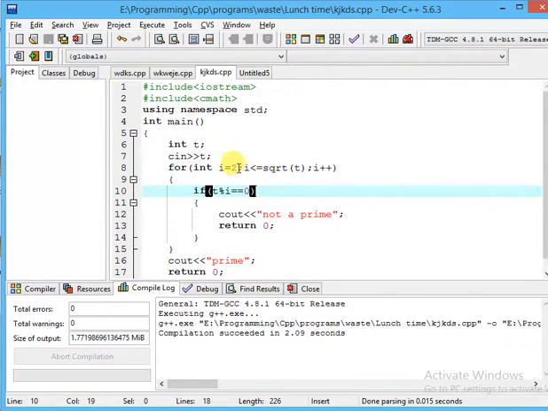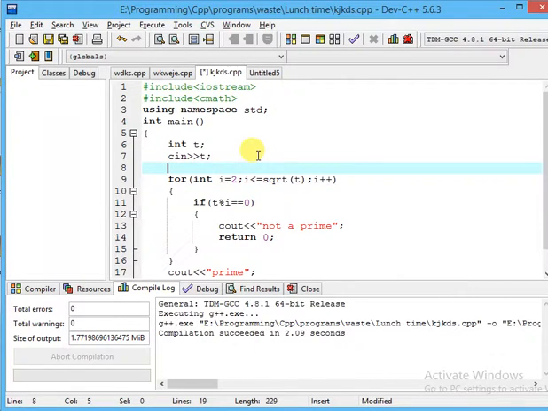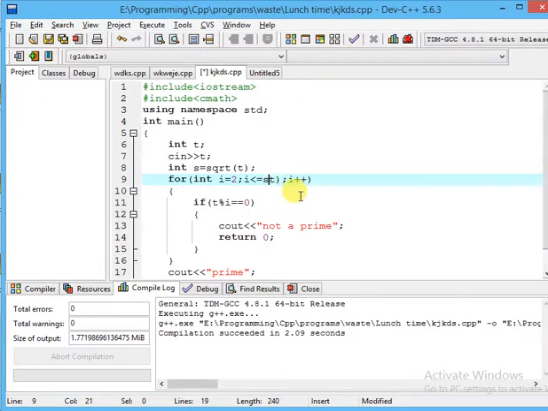But that means every time it checks the condition, it finds the square root, which takes so much extra time. So I'm just defining it here, so I don't need to find the square root value again and again. See here, I'm finding it once and using it every time. But when you define the square root in the condition, you have to calculate it again and again for each and every